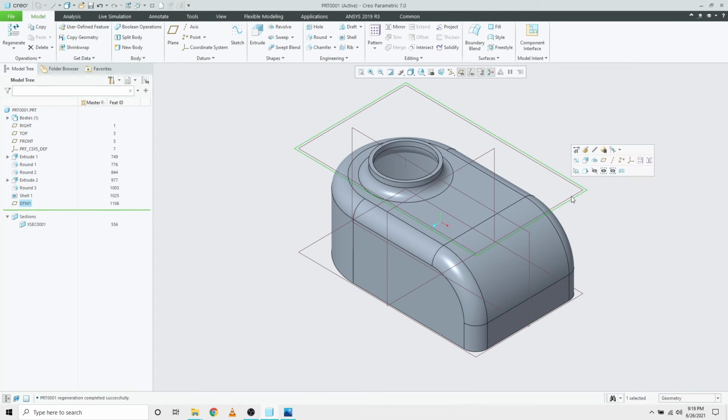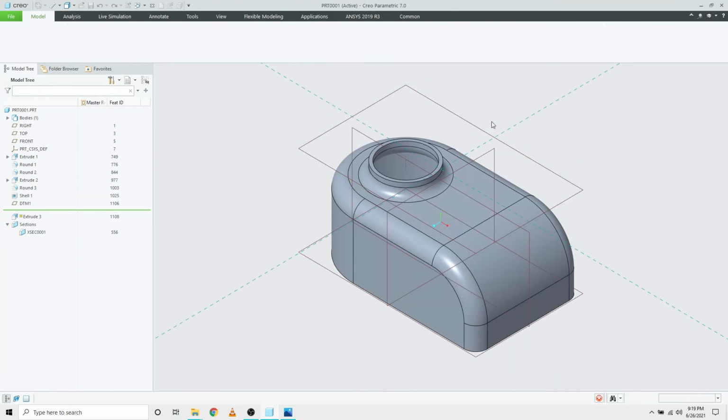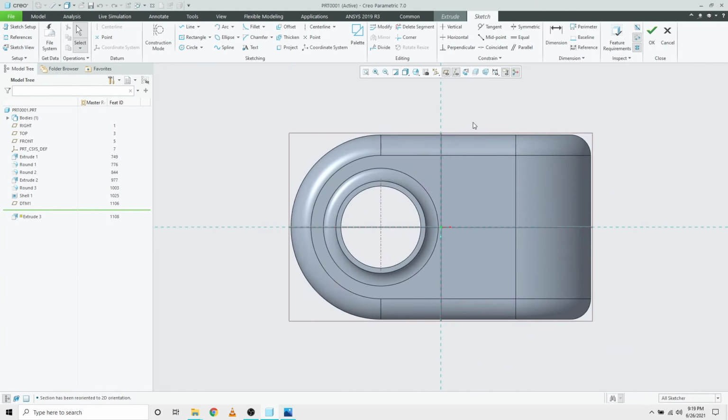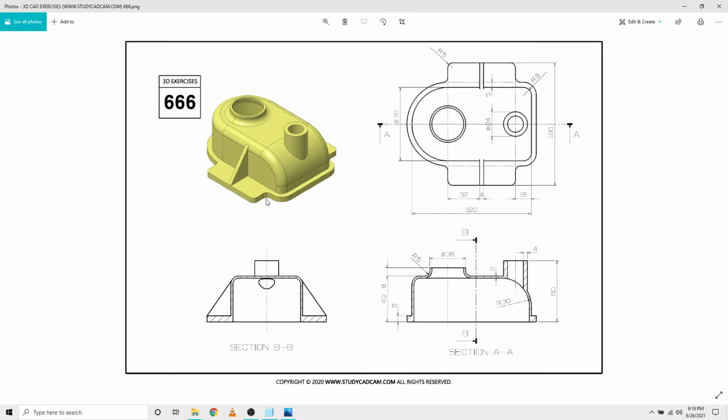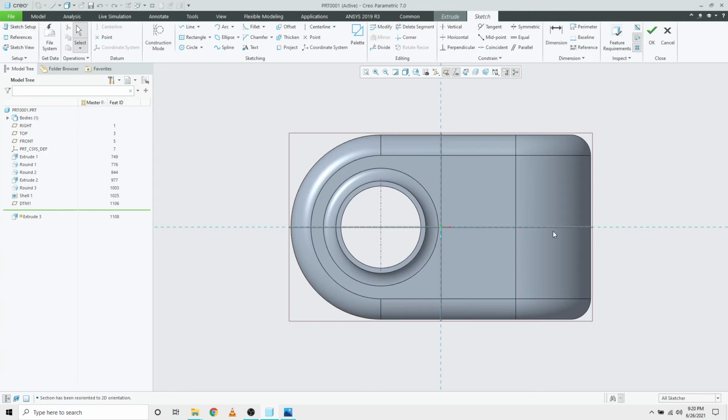So I pick this plane and I make an extrude, make sketch view normal, and I'm going to look at how far this hole, this hollow cylinder, is from any of the edges. Have they given any dimensions? I'm looking into the top view. So here they have given the dimension of 16. So the center is 16 mm from this edge.